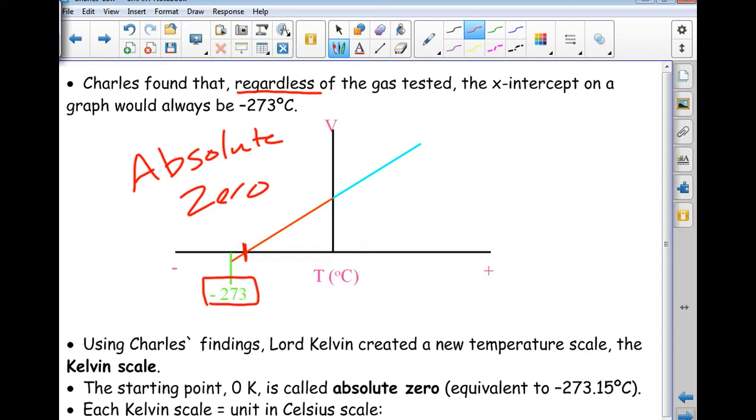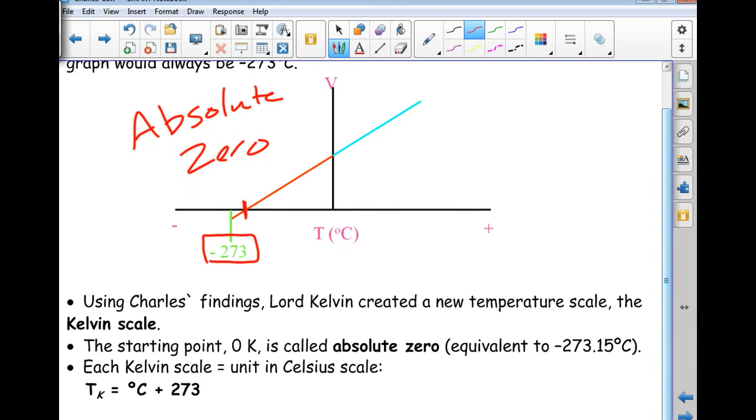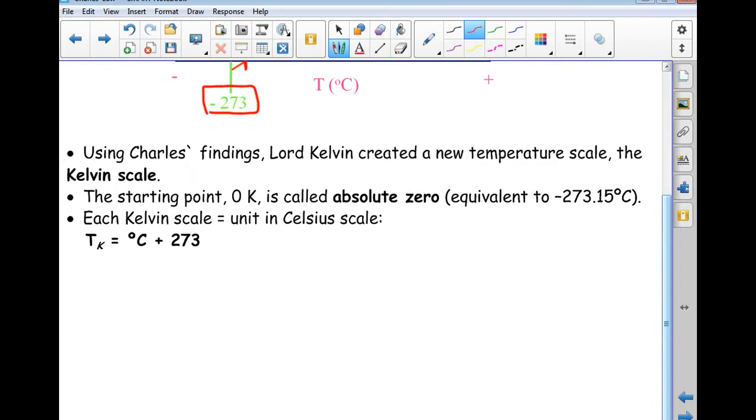Using Charles's findings, Lord Kelvin created a new temperature scale that's more appropriate for chemistry than Celsius. It's known as the Kelvin scale. The starting point, which is 0 degrees Kelvin, is called absolute zero. It's equivalent to negative 273.15 degrees Celsius. Each unit on the Kelvin scale equals a unit on the Celsius scale. So, for example,